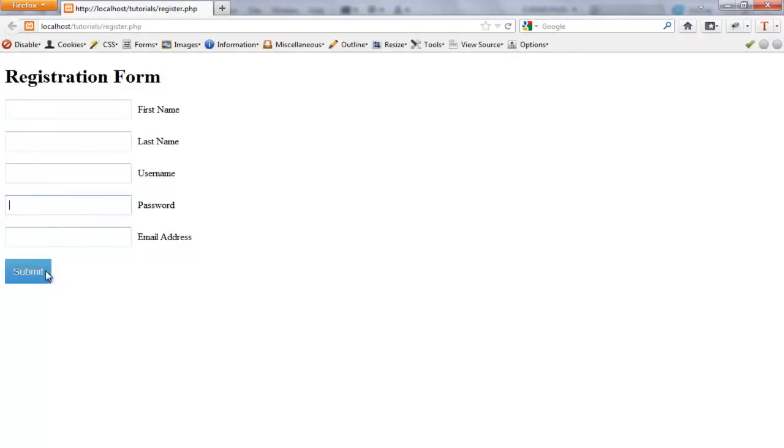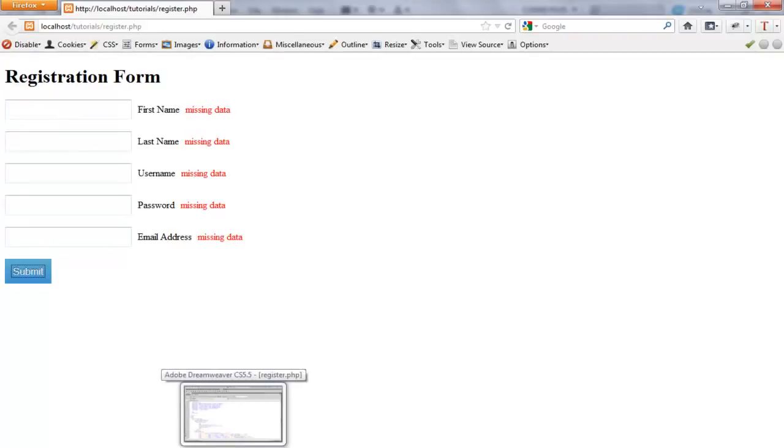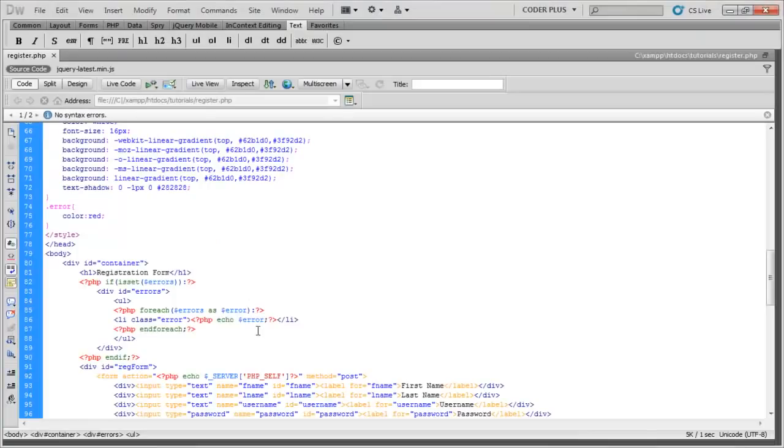Okay, so we have nothing in there. Oh yeah, well, it's not going to show. I forgot that I also did this with jQuery. So everything validates. If nothing validates through JavaScript, the PHP would pick up the slack. Alright, so let's go ahead and